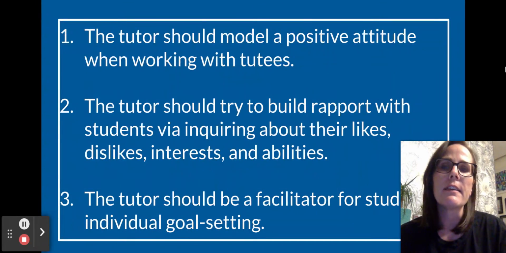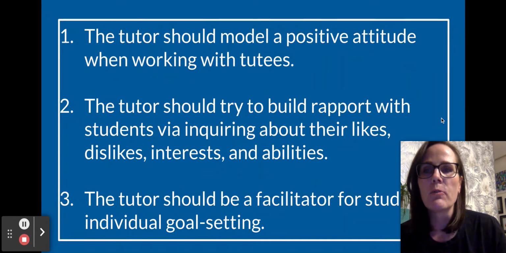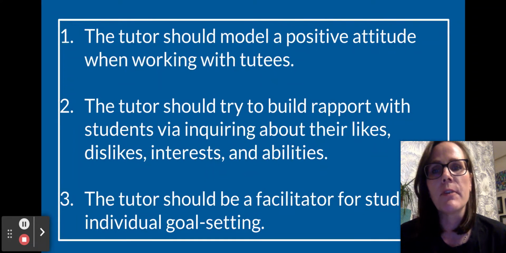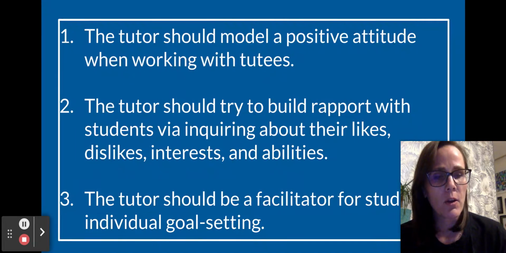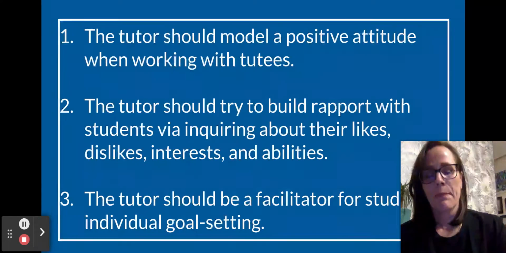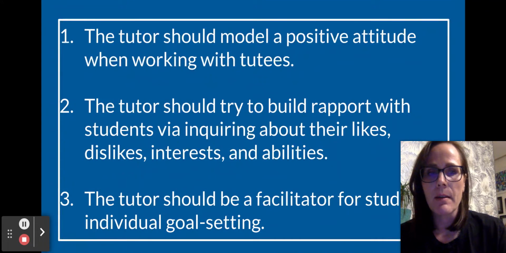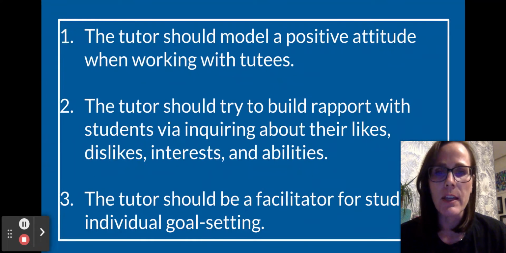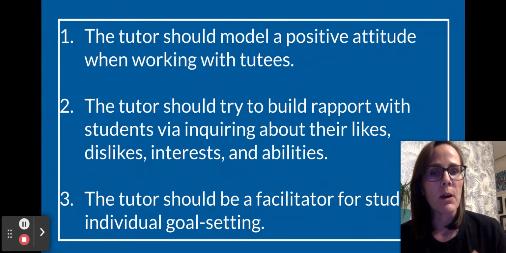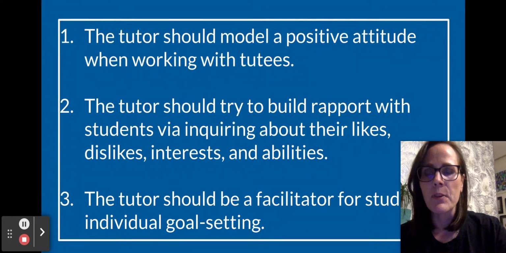The first one, and I think this is probably one that can often be overlooked, the importance of a positive attitude. So the tutor should model a positive attitude when working with tutees. This is really, really vital because what we model is something that students will often emulate. And so if we are putting forth a positive energy within our classroom, within the sessions that we have with the students that we're tutoring,